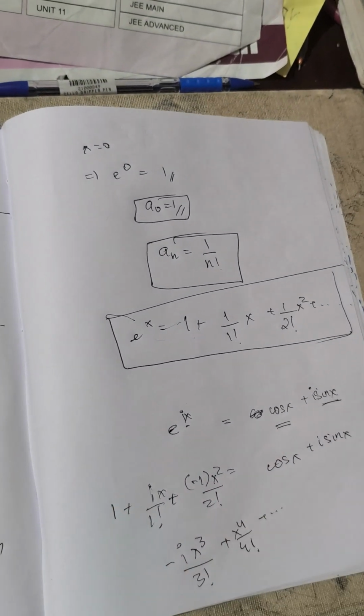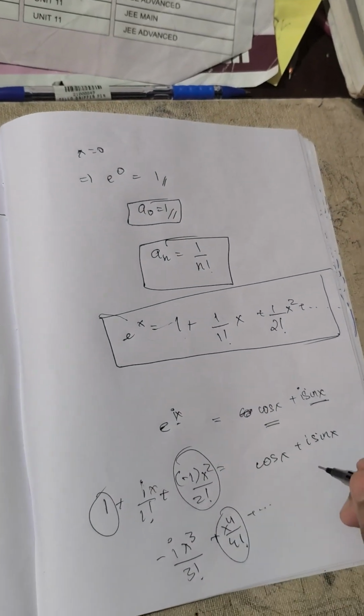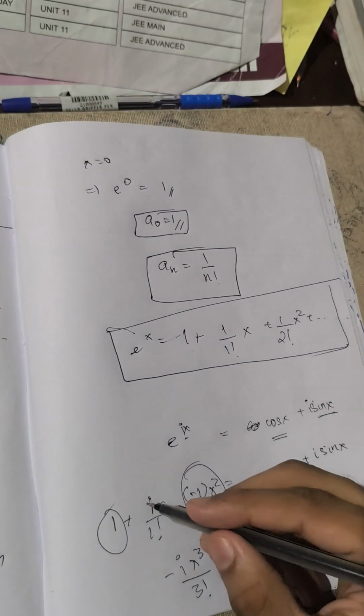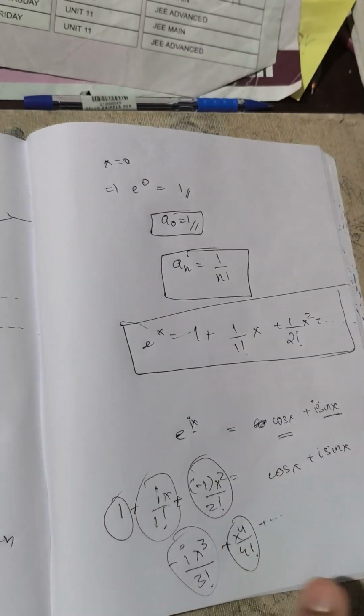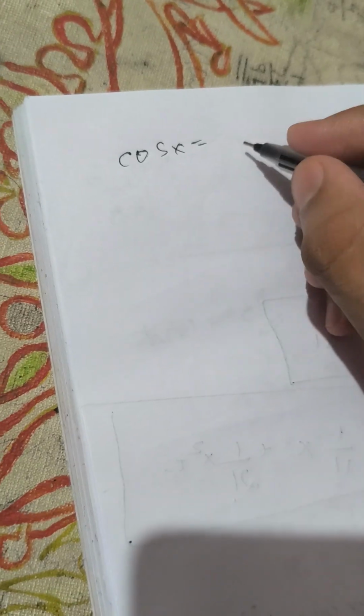Now, if you separate the real parts, this is the real part, this is the real part, this is the real part, you'll get the series for cos x, and if you separate the imaginary part, you'll get the series for sin x. So cos x, we will get it to be